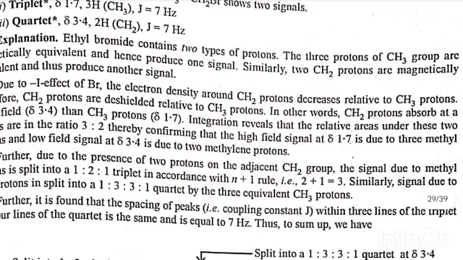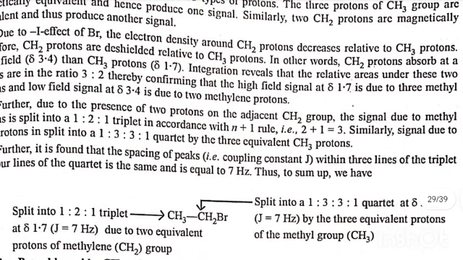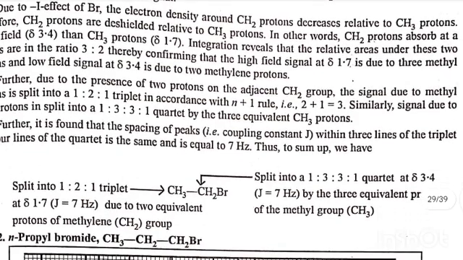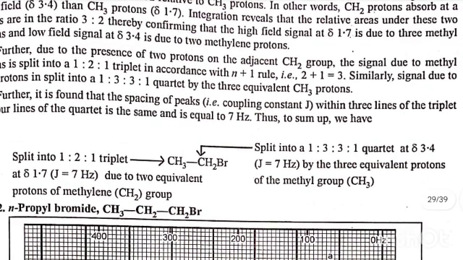Explanation. Ethyl bromide contains two types of protons. The three protons of the CH3 group are magnetically equivalent and hence produce one signal. Similarly, the two CH2 protons are magnetically equivalent and thus produce another signal. Due to the minus I effect of Br, the electron density around the CH2 protons decreases relative to the CH3 protons. Therefore, CH2 protons are deshielded relative to CH3 protons. In other words, CH2 protons absorb at a lower field. The areas of the signals are in the ratio 3:2, thereby confirming that the high field signal at delta 1.7 is due to the 3 methyl protons and the low field signal at delta 3.4 is due to the